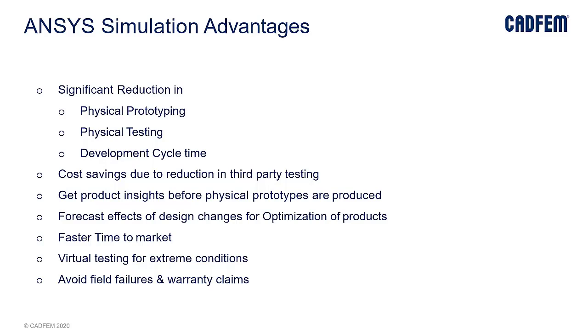And if the same issue comes in the second iteration, we need to jump into the third iteration. So it will be like a repetitive cycle. So you can understand how much time an engineer needs to spend, because engineer time is also converted into money, and the amount of money you're putting into physical testing and physical prototyping for each iteration